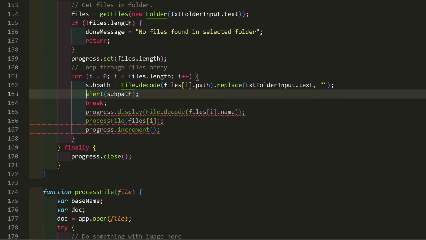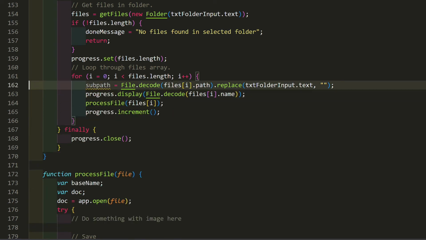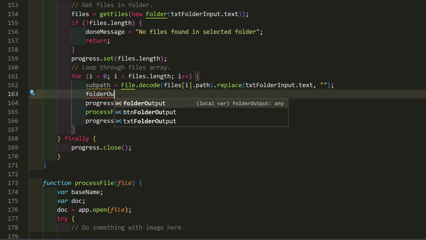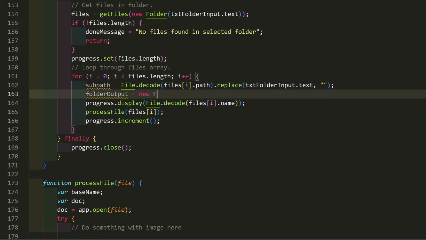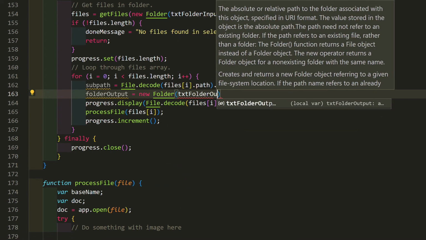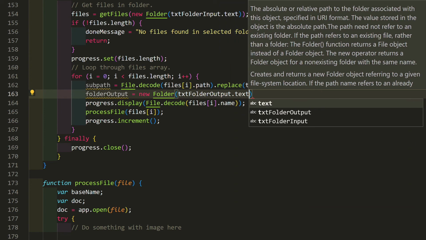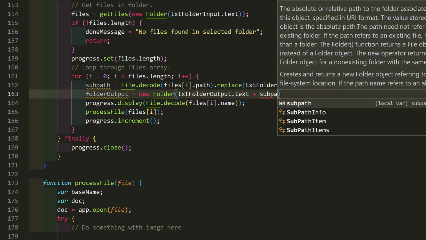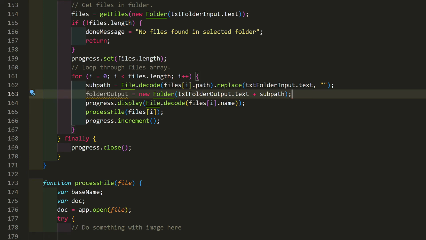In their place, create the output folder object. folderOutput = new Folder(txtFolderOutput.text + subpath). We don't need the path separator because the value for subpath already has it, or it's an empty string if the file isn't in a subfolder.